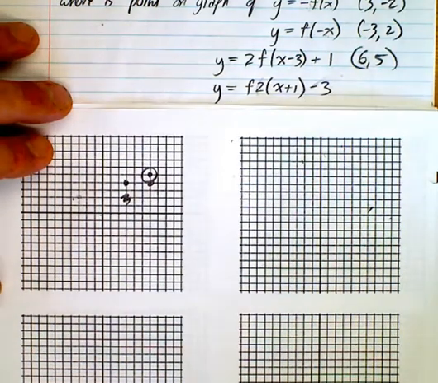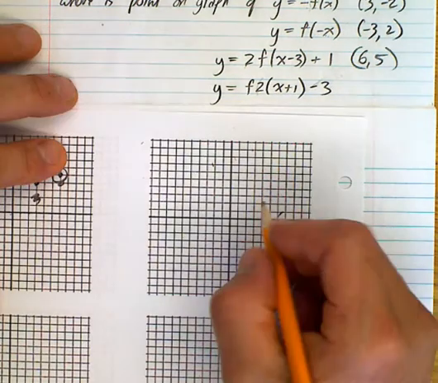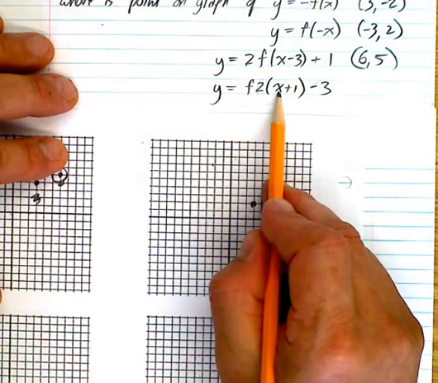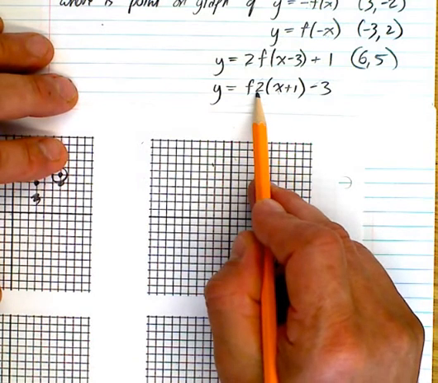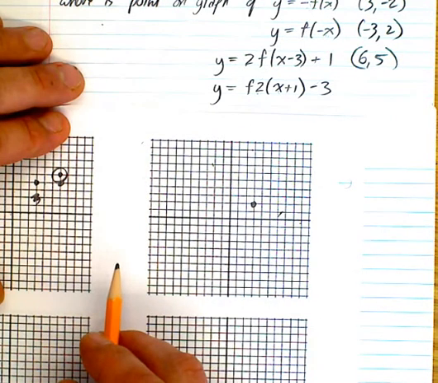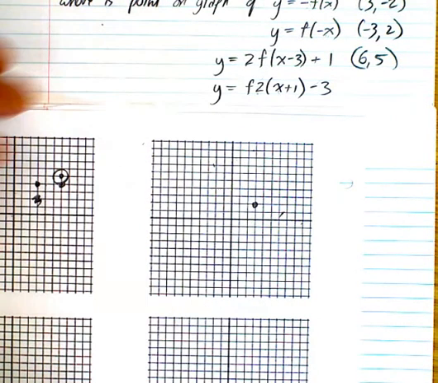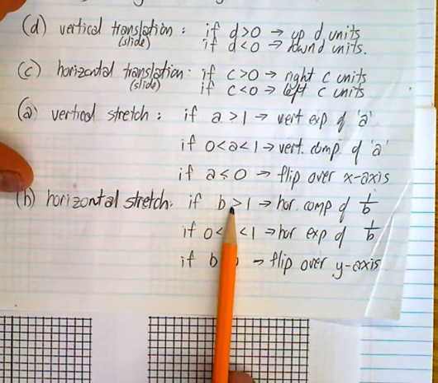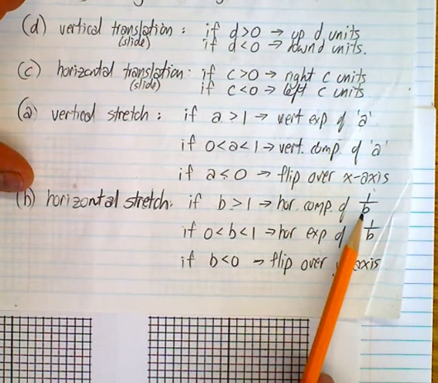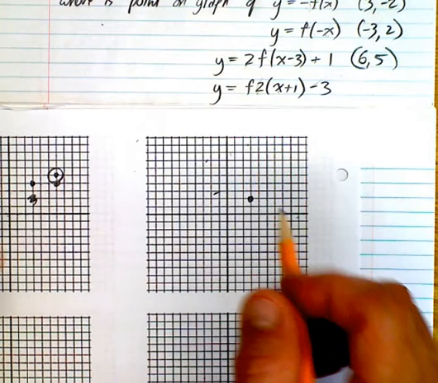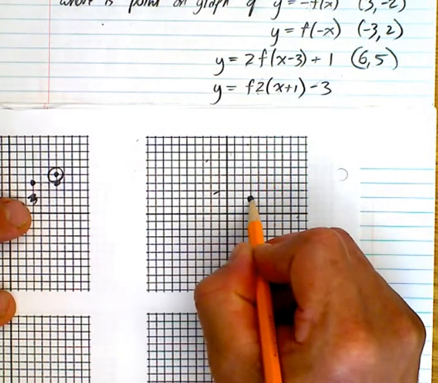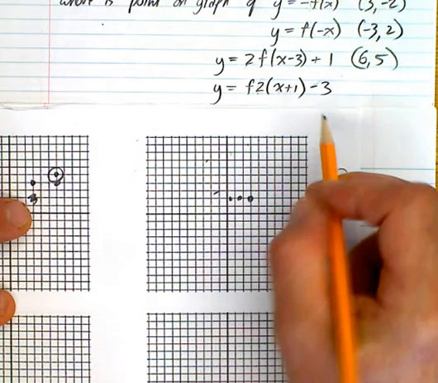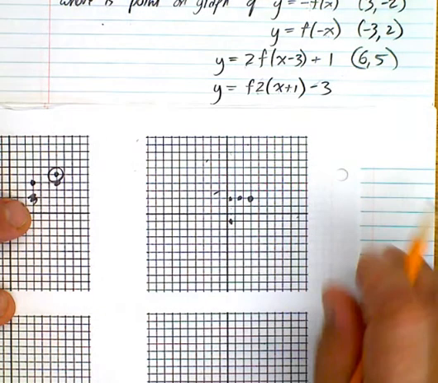How about this one here? Well, let's see. Let's start a new one. 3, 2, right there. This is working on the inside, on the x, so it's that counterintuitive thing, okay? It's horizontal, but is it a compression or is it an expansion? Hopefully you remember, looking at the summary here, if your b is greater than 1, it's a horizontal compression of 1 over b. It's actually 2, so it's a compression of a half. That means that my x values are half of what they were. This now tells me that it goes left 1. This tells me that it goes down 3. There's my new point at 1/2